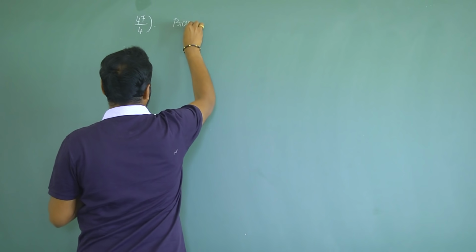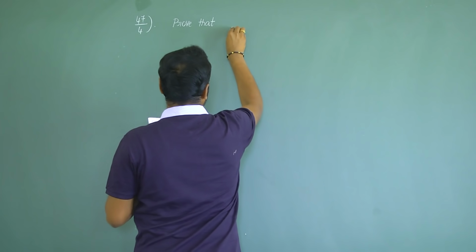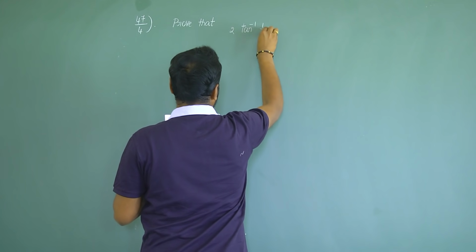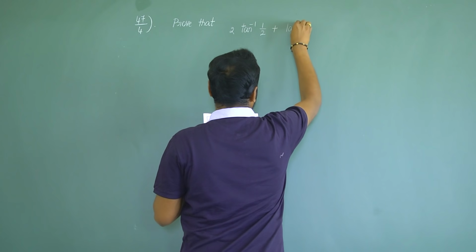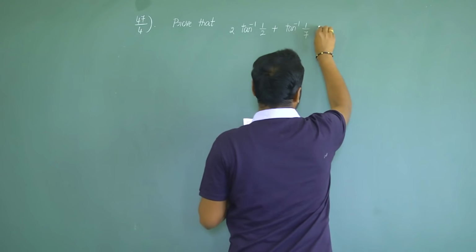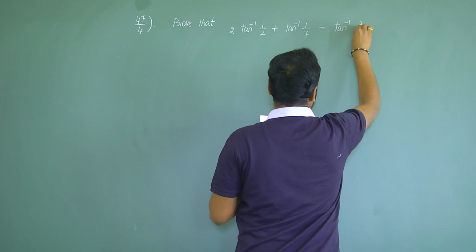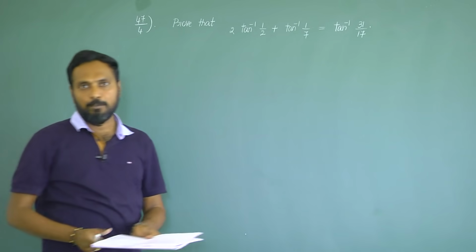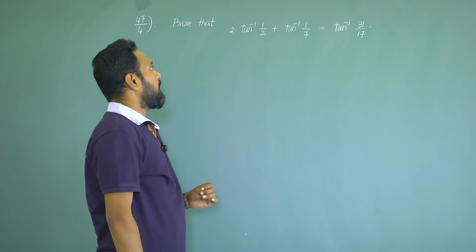Prove that 2 tan inverse 1 by 2 plus tan inverse 1 by 7 equals to tan inverse 31 by 17 it is. So we need to prove it. To prove this, if you observe here,